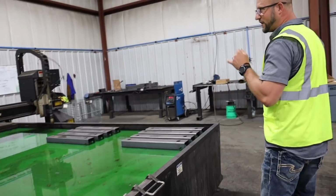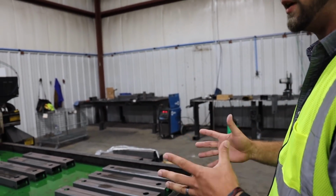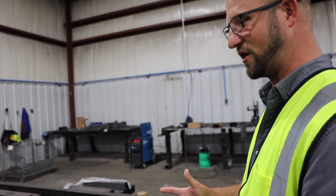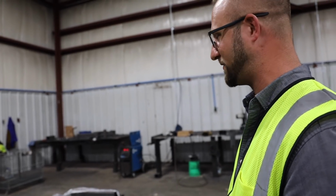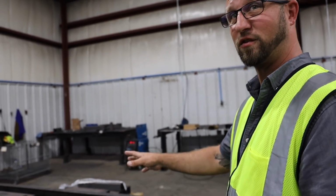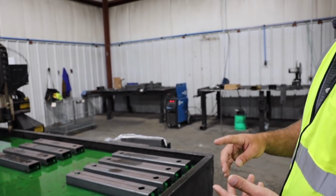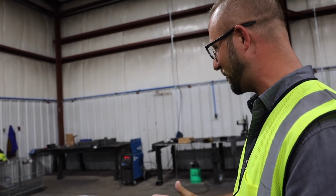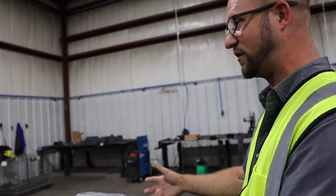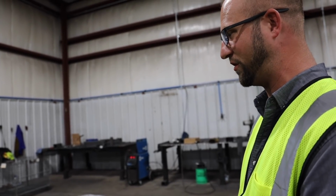What are these things? So these are our two Multicam plasma tables, and this was kind of our first big jump into steel manufacturing when we decided it was time to start doing more of a do-it-yourself type of thing. What we use these plasma tables for mostly is cutting the square tube that is part of our square leg jacks that you'll find on horse trailers, larger gooseneck trailers, more of our bigger commercial industry jacks. They're all a square leg tube and tube jack. So these plasma tables do a really great job of cutting all the different holes and fitting ports